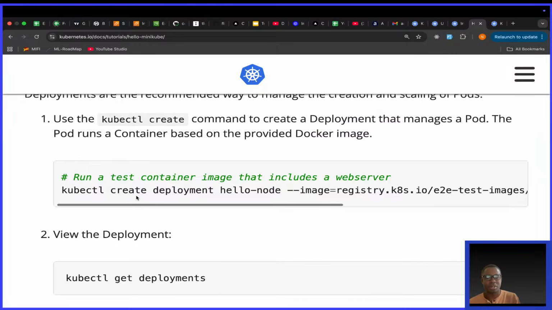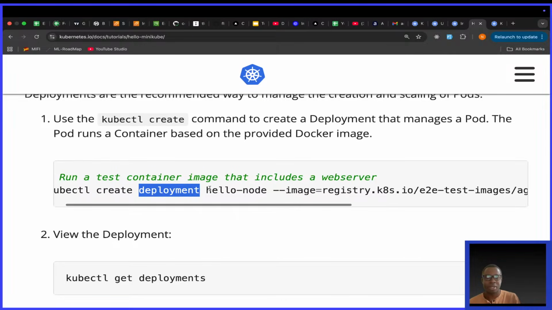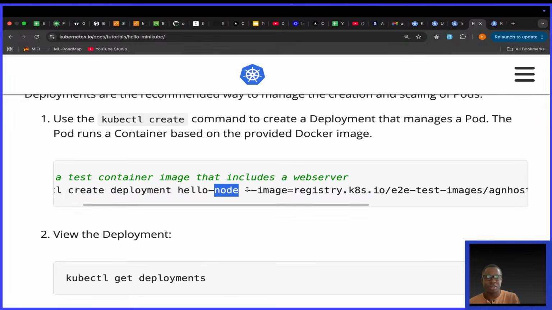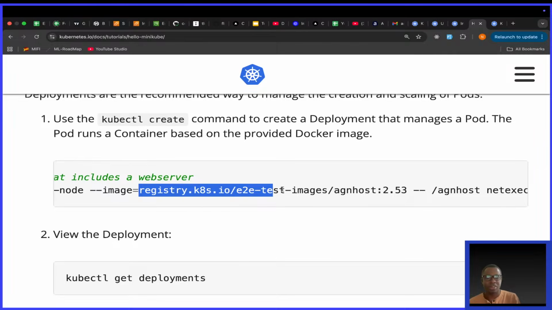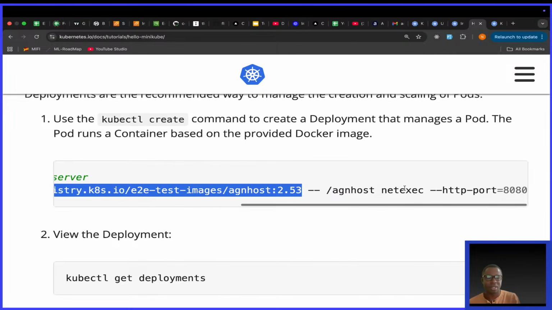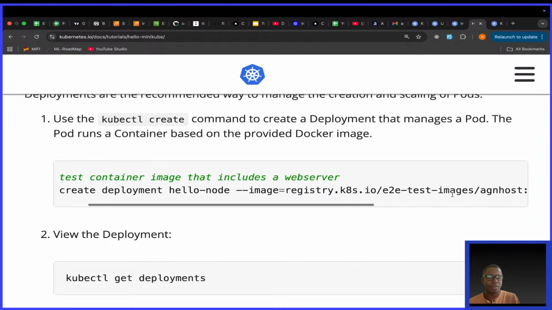So they're saying you have this command. It says kubectl create deployment hello-node. Then they say --image. This is the image. This is the link to the image in the registry. Like that. Then they have other arguments. There is netexecute. And then we are seeing a port running on port 8080. Okay. We don't have,